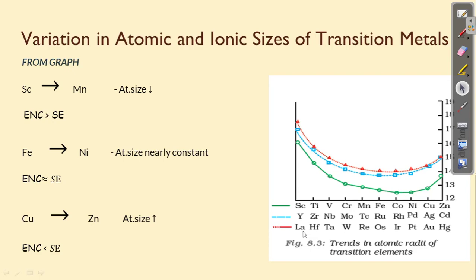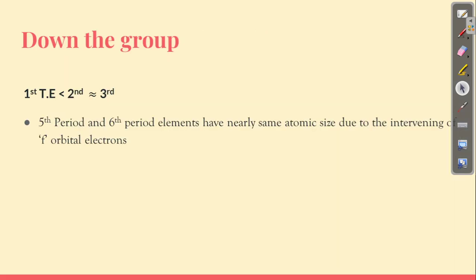Since it is also being filled up, the expected thing is, since it has 14 elements, the electrons in inner orbitals are being filled up, so we expect that the screening effect should be larger, but unexpectedly the screening effect is smaller, and the atomic size is reduced compared to the second transition series. So this is because of the imperfect arrangement of f orbital electrons.